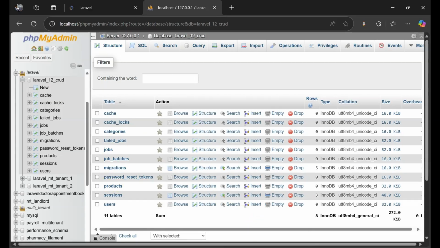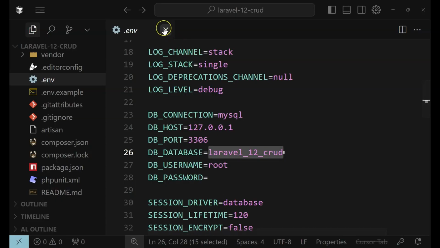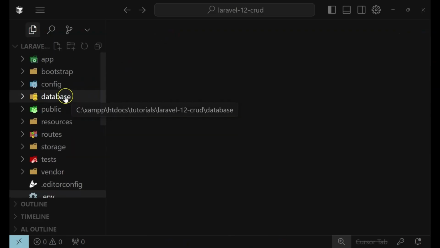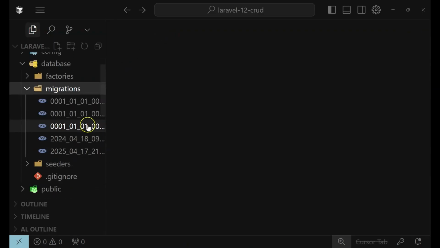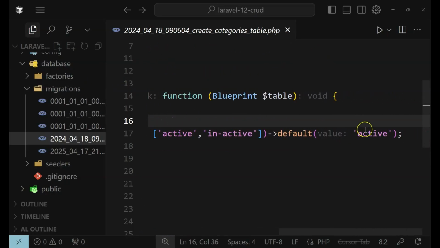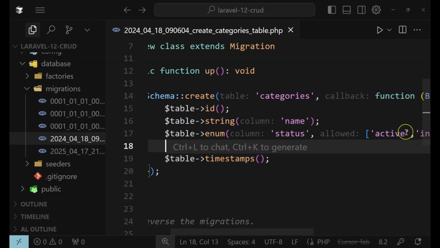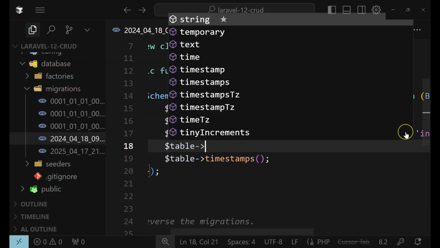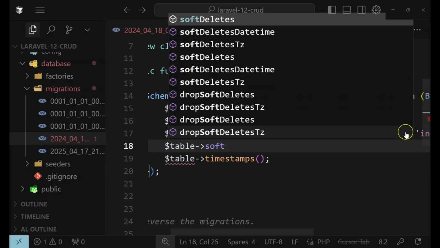So now the other concept that I want to show you in this tutorial is how you are going to manage the soft delete functionality in your Laravel application. So let me just show you. So to add the soft delete concept, let me just start by adding this to your migration. So let's add the soft deletes,